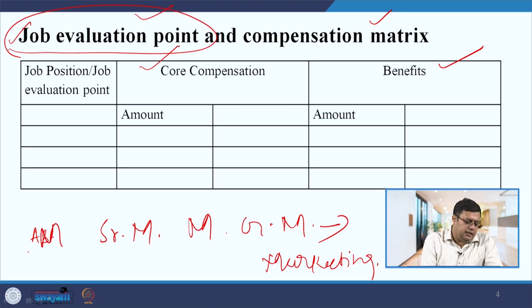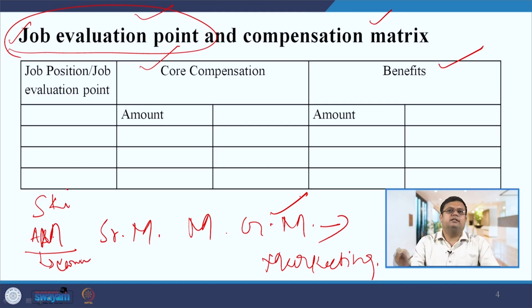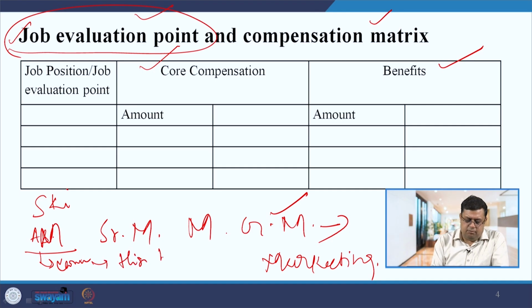But in this case, the depth of the skill, or the expertise in that particular skill, is required, so skill variation will be there, right. So, let us assume that communication skill is there. When you are a general manager, your level of communication skill should be very high. So, on high, medium and low, based on that you can give certain points.